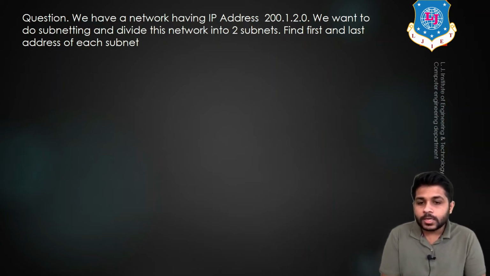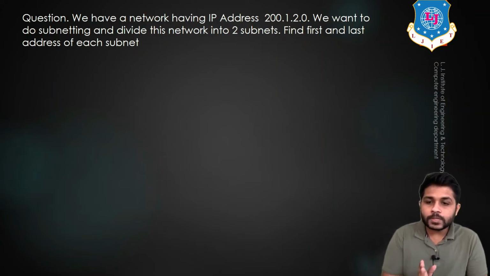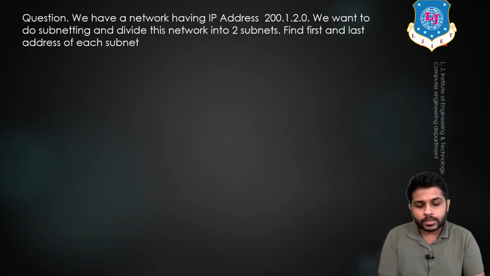So the question is, a network is given that is 200.1.2.0. We want to do the subnet of this network. So we have to divide this network into two parts. Okay, so we have to find the first and last address of each subnet. So let's write down the network that we have given, that is